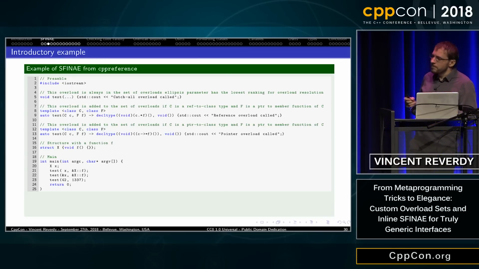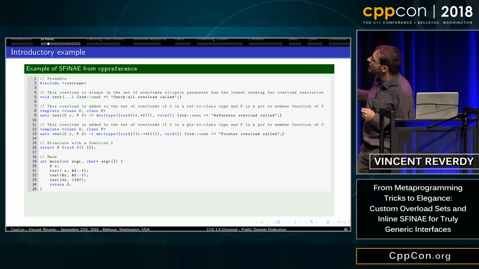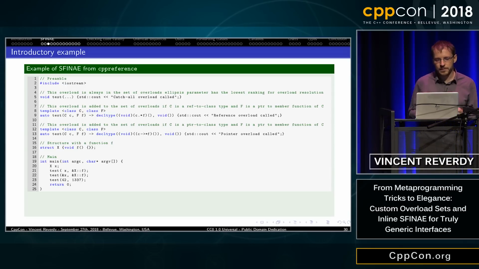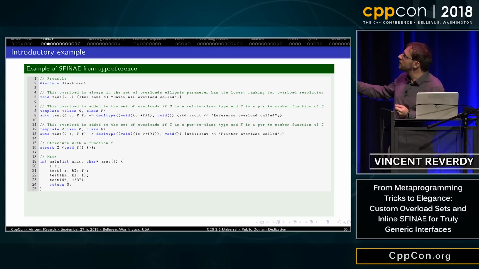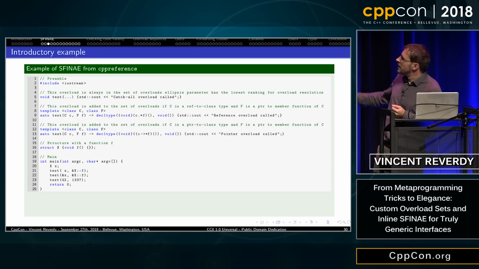The example provided on cppreference is the following. You have several overloads of the same function, and you constrain the function by the return type, so that the overload selected will depend on whether this expression is valid or not.